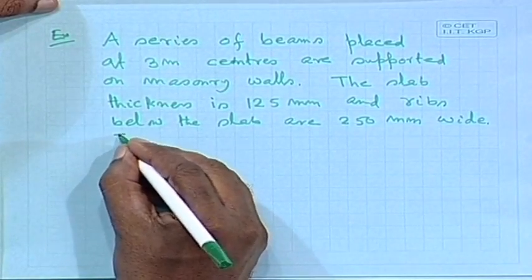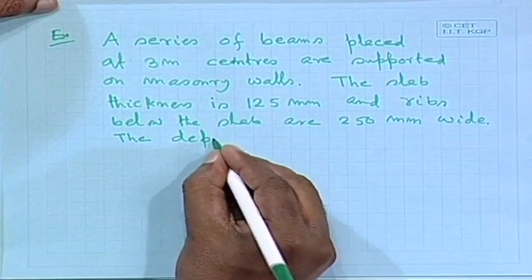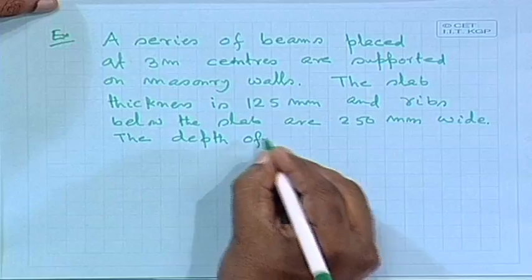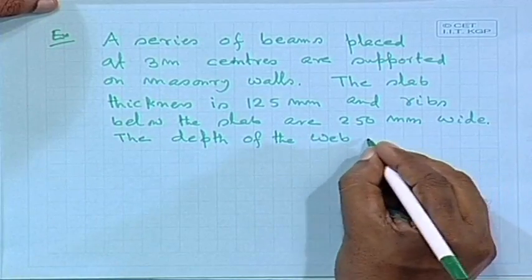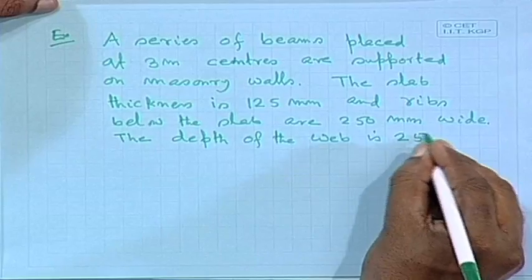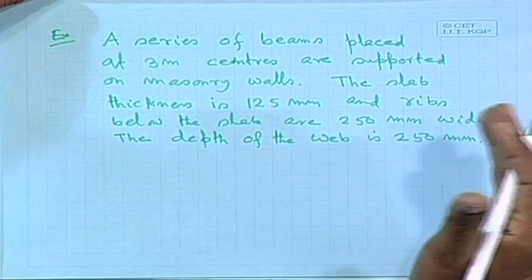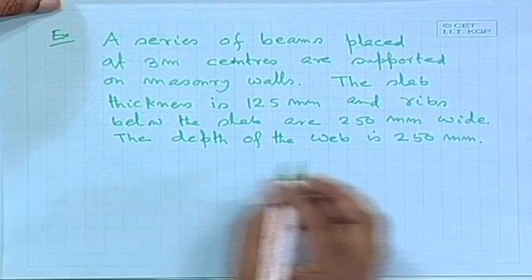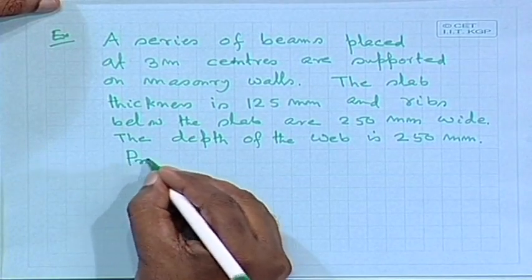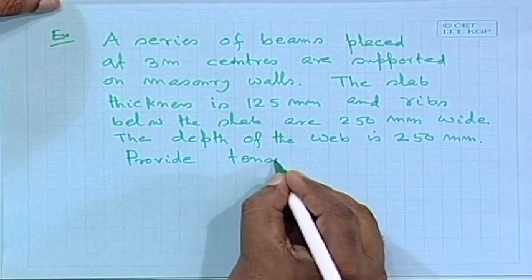The depth of the web, let us consider, is say 250 millimeter. We are taking that, we are assuming, if it is not, then we shall change it, okay, but we are taking that say 250 millimeter. Provide tensile reinforcement